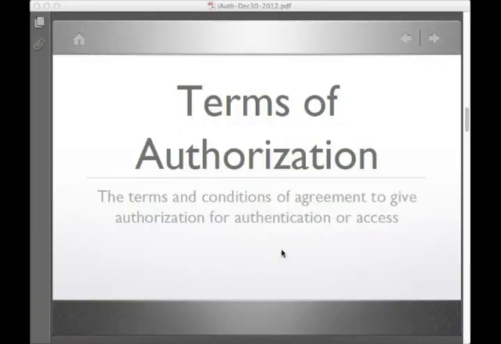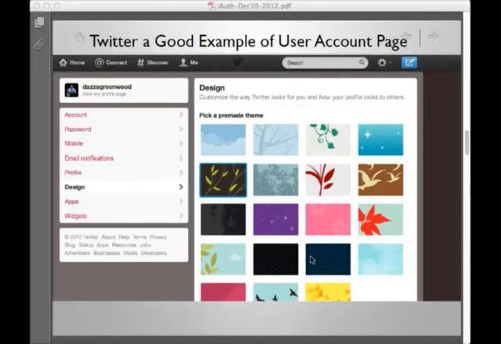Let's take a look at how a good example of the user account page based on Twitter could be reconceptualized to provide a demonstration of this concept. So here is my profile page on Twitter.